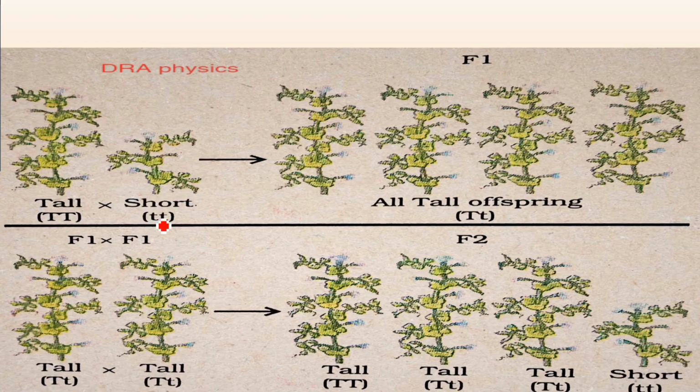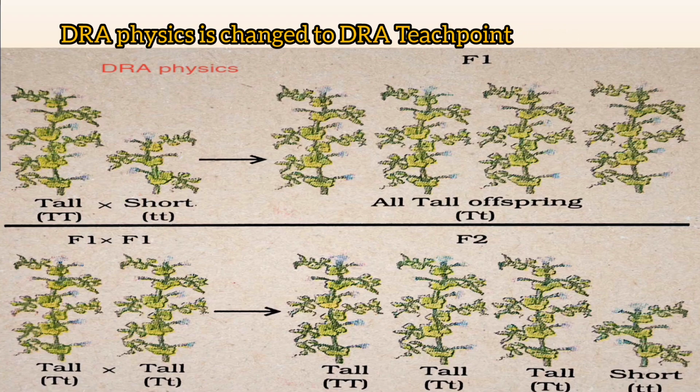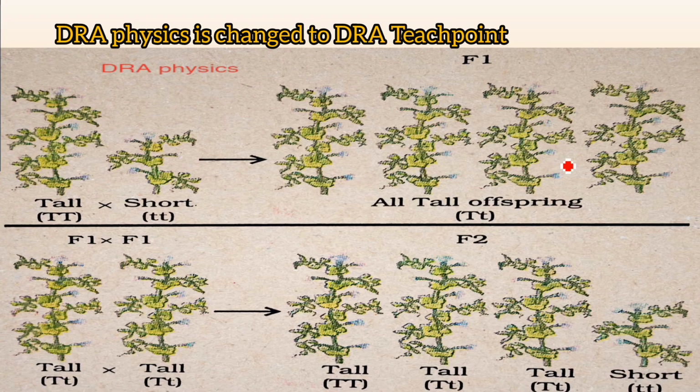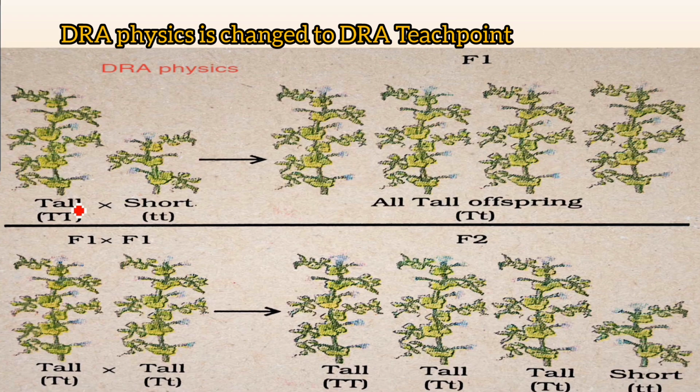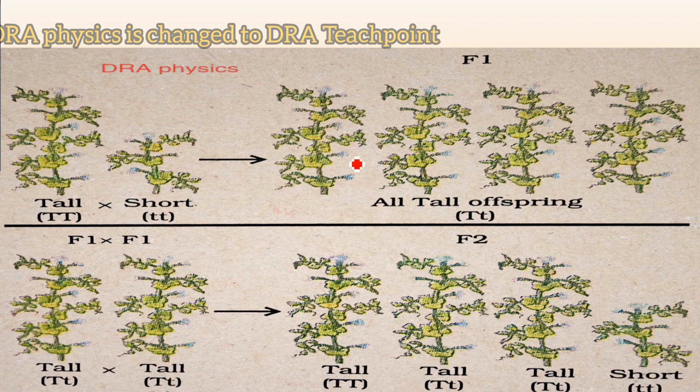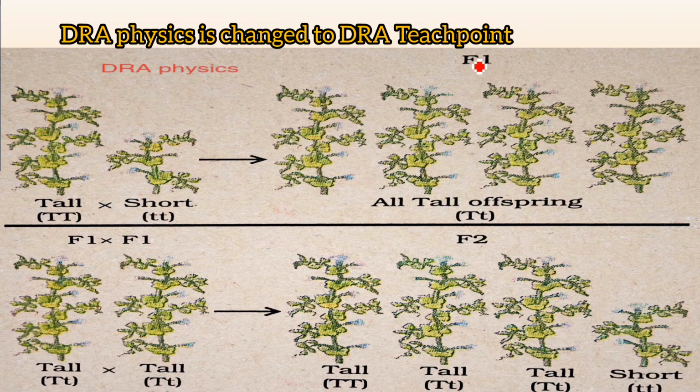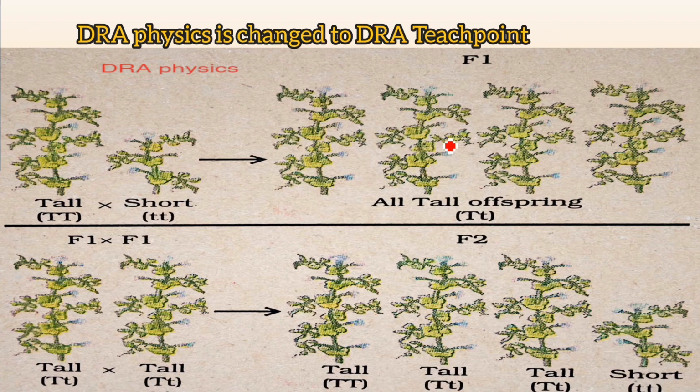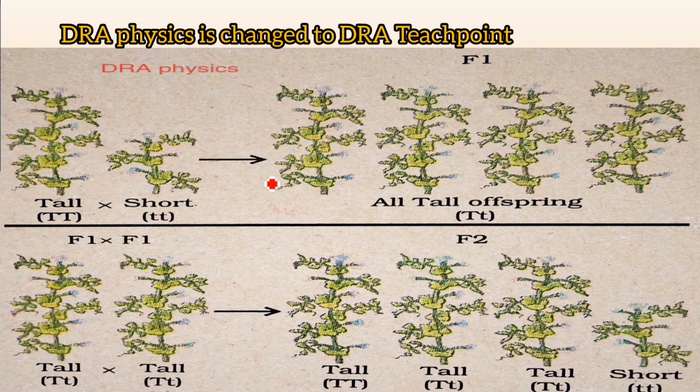So when a tall plant is crossed with a dwarf plant (TT and tt), we will get offspring that are all tall. We can do this cross with the help of a Punnett square, and you will find that all the F1 progeny of this tall plant and dwarf plant cross will be tall. And if we take two of these,